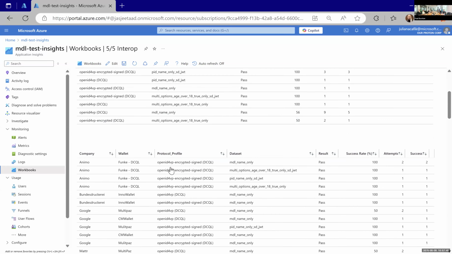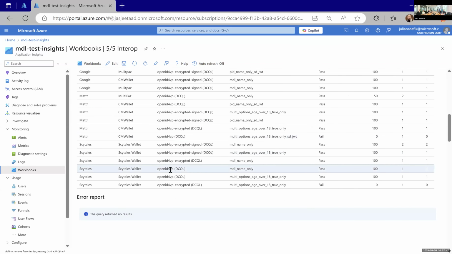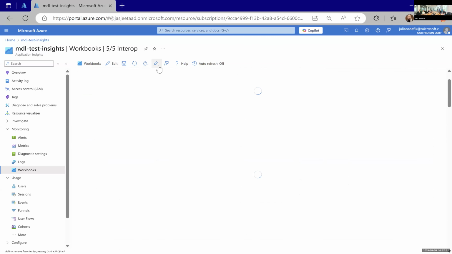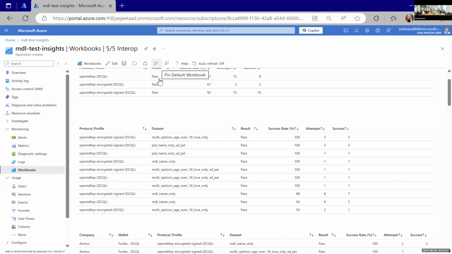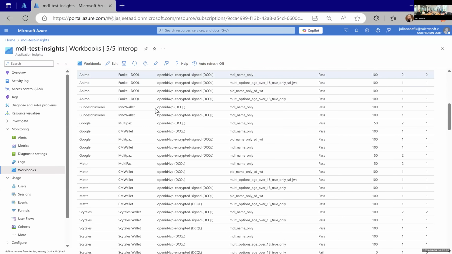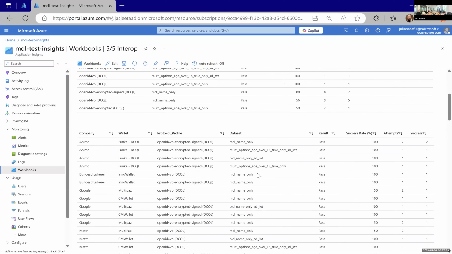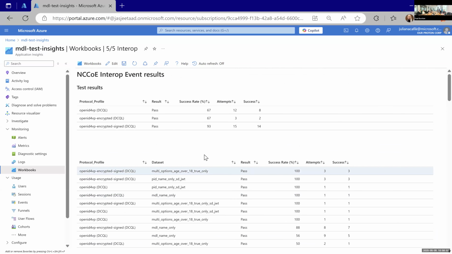So you will see some of these fails change to passes as the last bits of the verifier API calls come in. So it updates automatically. So you can see these success rates changing here. Oh, I see. Okay. Yeah, it takes a few minutes for it to fully update.